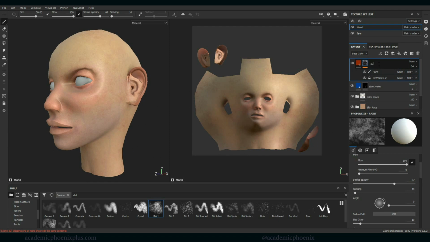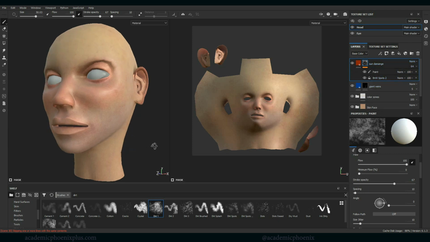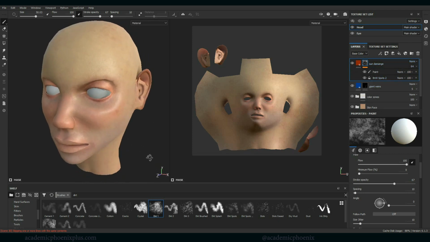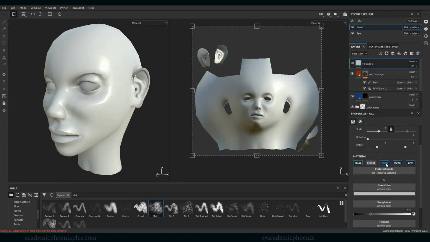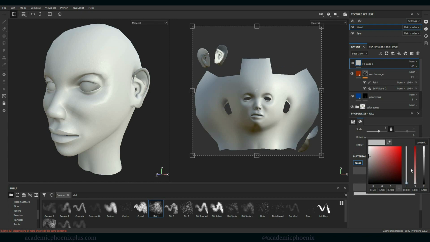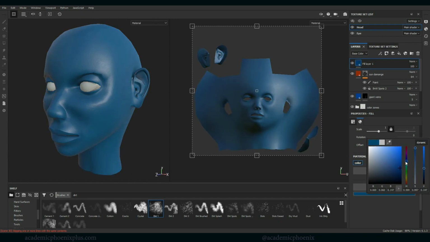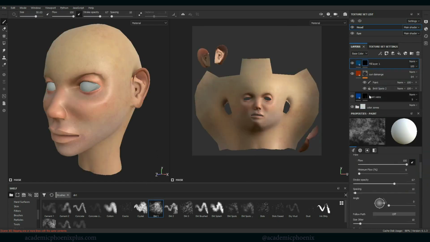All right, let's go ahead and take a sun damage. Let's go ahead and relabel that. All right, now that we did some sun damage, I'm going to add a little bit more information such as blue veins. So once again, we're going to create a fill layer. I'm not going to choose anything here. I choose a blue, kind of like that. Let's go with that. I'm going to right click, create a black mask, and I'm going to do a very